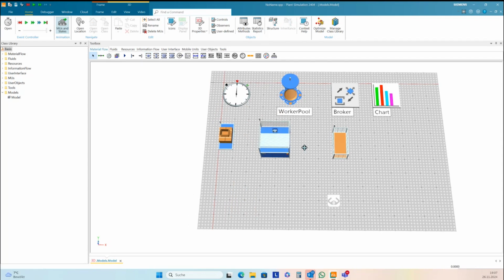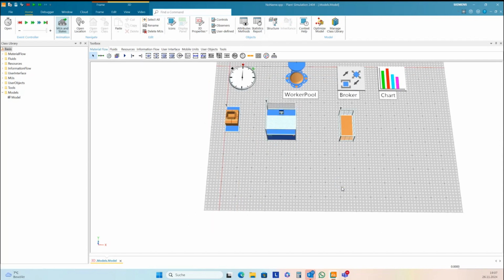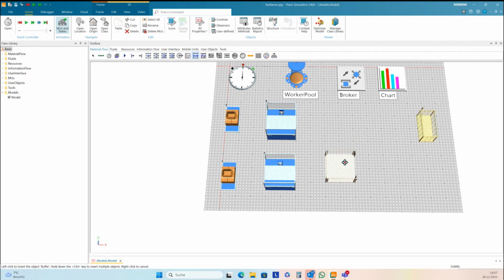One station, a second source with a station, then I need one buffer.